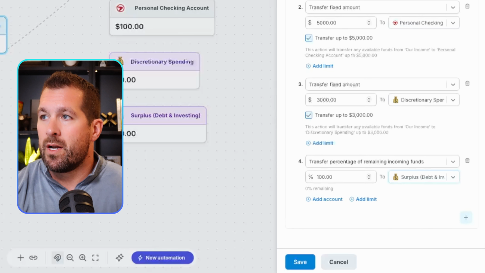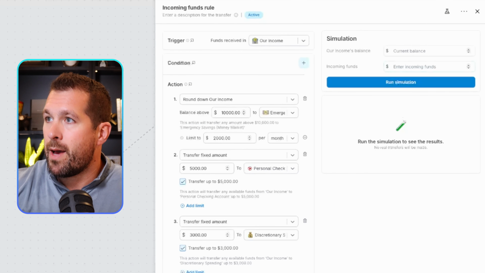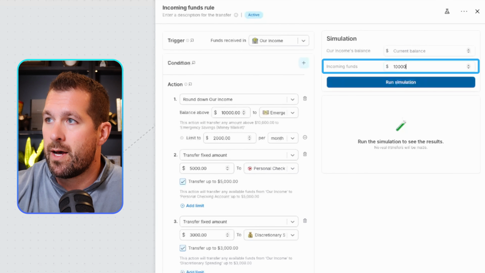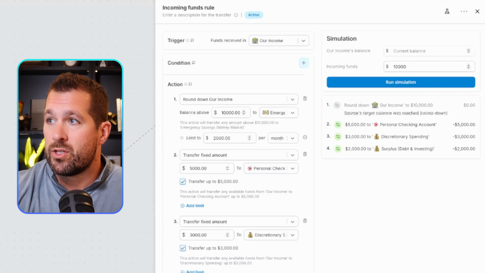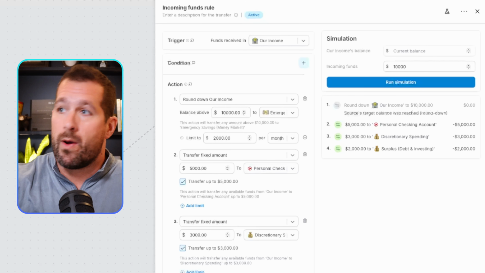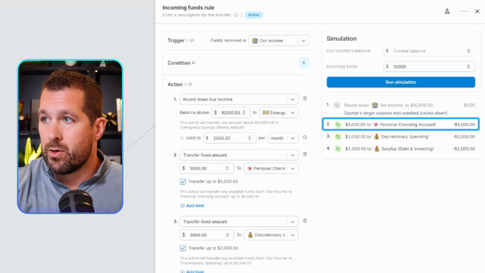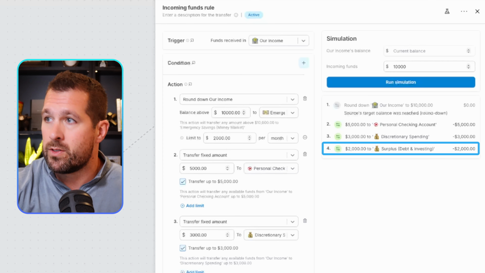So when I set up this rule, I can test this out with rule simulations, and we'll see what happens when we make $10,000. You'll see these rules. Well, it didn't round down because we had $10,000. So the first rule didn't happen because there was nothing over $10,000 for it to round down to. Then it was $5,000 to the personal checking account, $3,000 to the discretionary spending, and the final $2,000 going towards